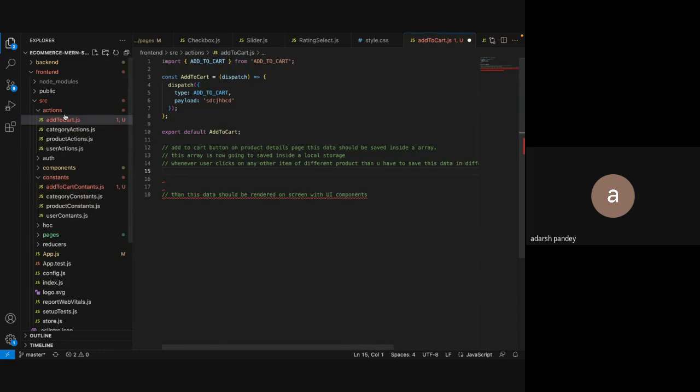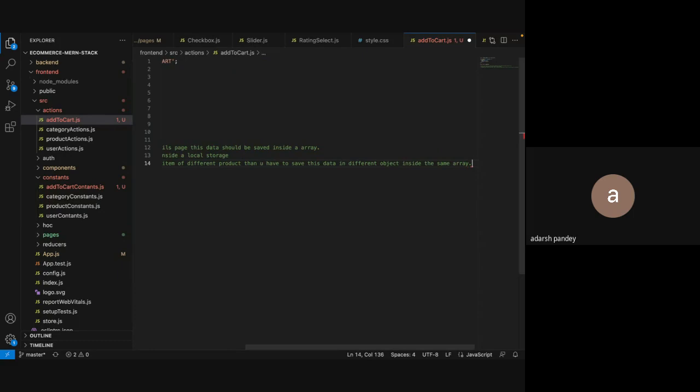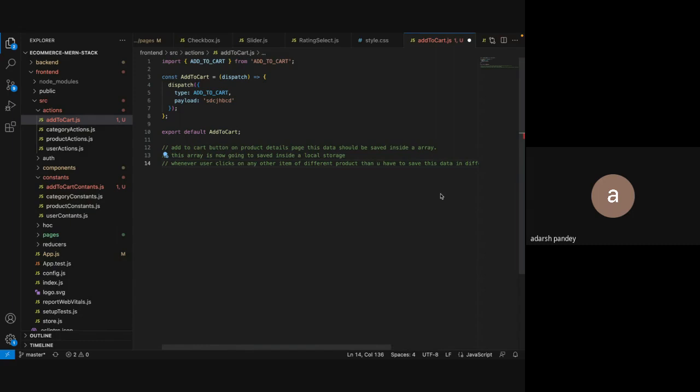So inside add to cart action you have the corresponding data or a payload। So this data should be going inside your reducer, and inside the reducer you have to make an array, and you have to save all the data inside your reducer। इतना काम करना है। अभी से लग जाओगे तो 5-7 घंटे में हो जाएगा, मतलब 2-4 घंटे सोचोगे तो हो जाएगा। तो यू कैन टेक इट अ चैलेंज, और इसके लिए तुम्हें लेटेस्ट पुल ले लेना और यहीं से स्टार्ट कर सकते हो।